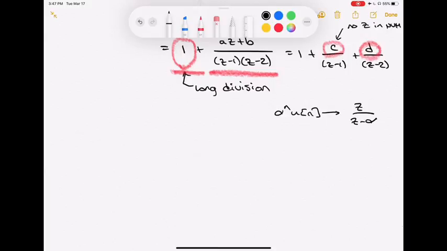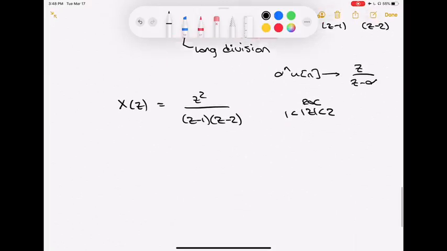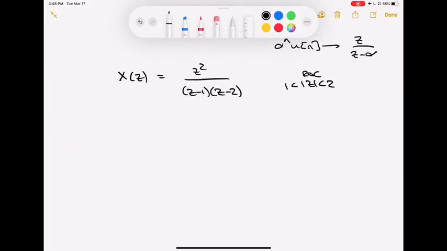So let me rewrite the thing we're trying to find the inverse for. That's X of z. We said in this case it is going to be z squared over z minus 1 and z minus 2. And just a reminder, we had the norm of z squeezed between 2 and 1 as my region of convergence. I'm going to employ what is called a modified partial fraction expansion. That is what's going to hopefully help me out and save a little bit of effort here. So let's do a modified